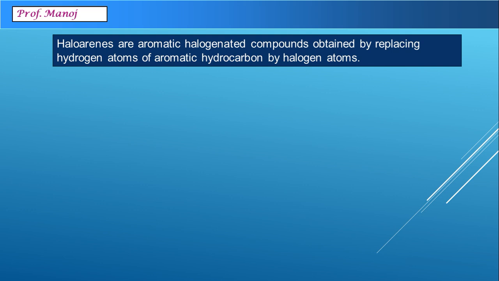Let us understand the meaning of each and every word. Aromatic hydrocarbon, one of the simplest examples is going to be benzene. So in benzene, if you replace a hydrogen atom with a halogen atom, we will get a compound haloarene. But you need not replace only one hydrogen. You can replace more than one also. So accordingly, you can get dihalogen, trihalogen also. Accordingly, these are classified in a little different manner.